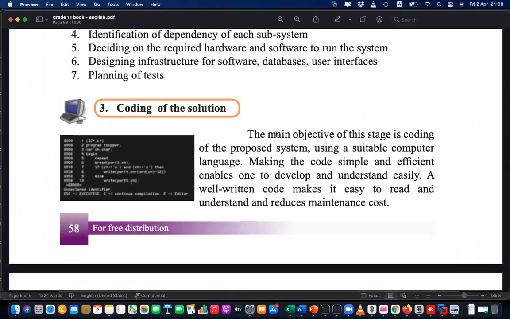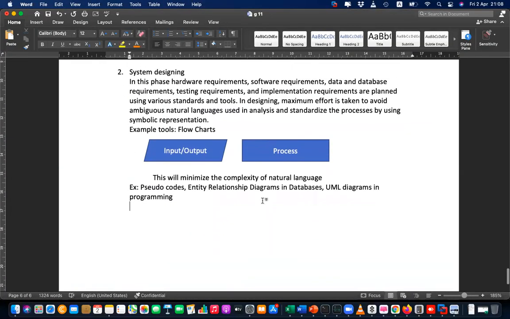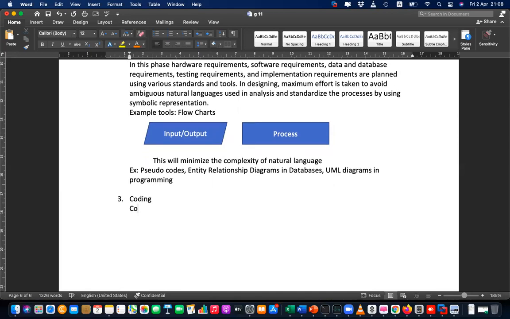And coding is the next important thing. So please complete the system designing part and write down the third heading, coding. Are you still writing? Okay, finish writing. Then write: coding is